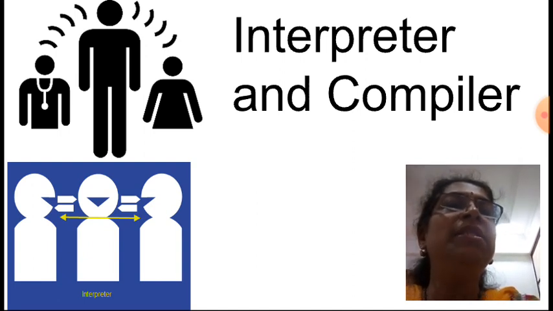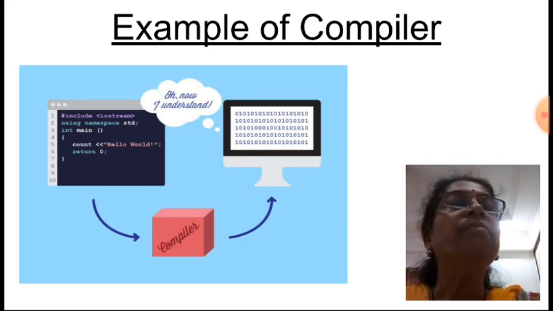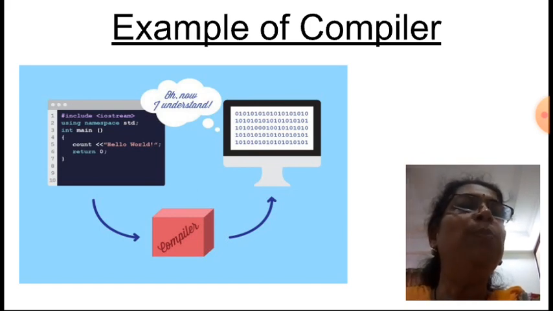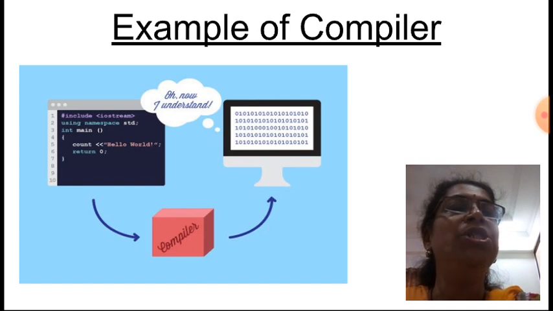Whereas compilers translate the full code or full program at a stretch, converting it into machine language, and at the end it gives the list of errors.